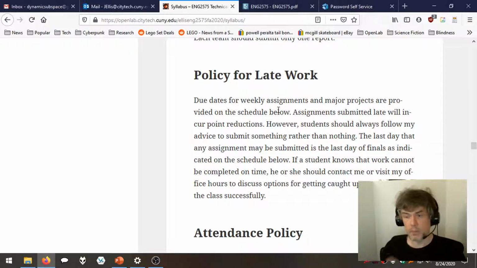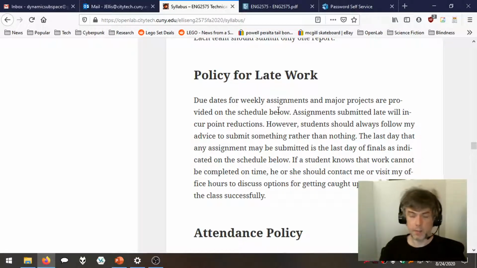And so just let me know if something is causing you problems, and then let's brainstorm together how to make a new schedule, a new plan to get you back on track. Now, this is especially important when we get to the collaborative projects because on those projects, you are all working as a team together. So if as a team something happens, it's going to cause things not to go right, I want everybody to reach out to me and we'll have a powwow,